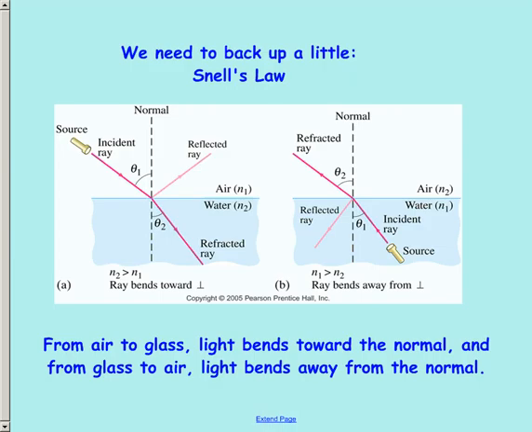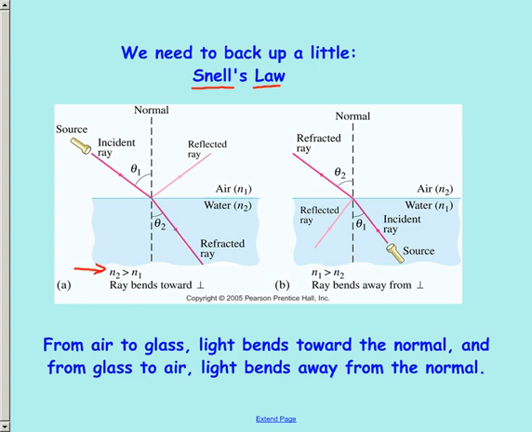Here we go. How do lenses make an image? First, we need to remember something. We need to remember Snell's law. That was the thing where we had light going into a substance of a different index of refraction. So look at the left side here. If light comes in from the air into water, for example, and we have